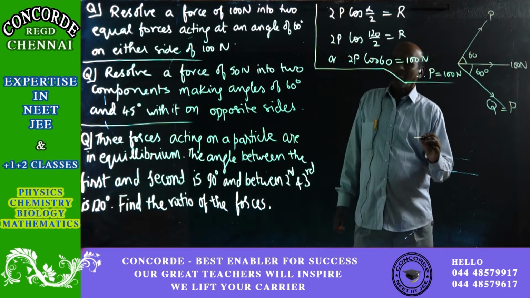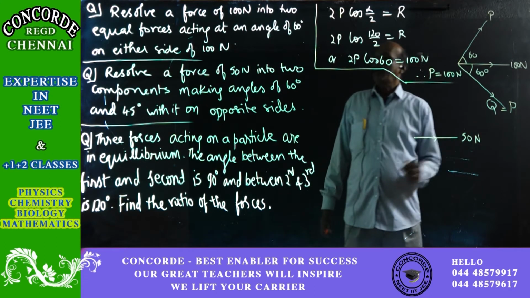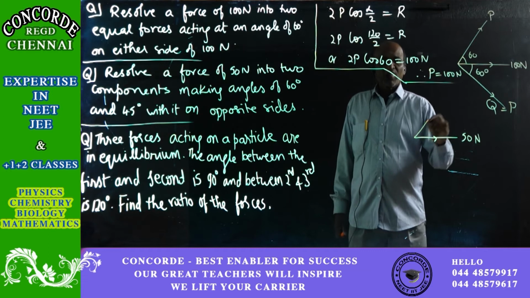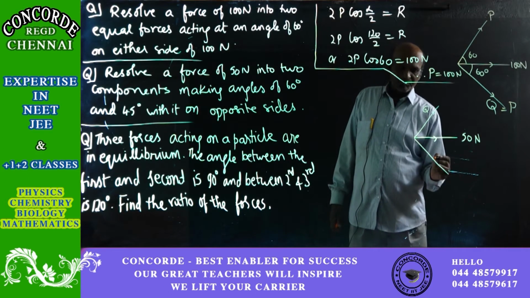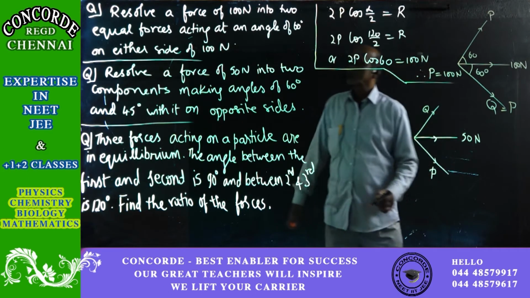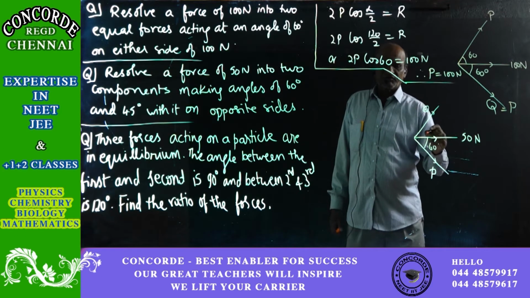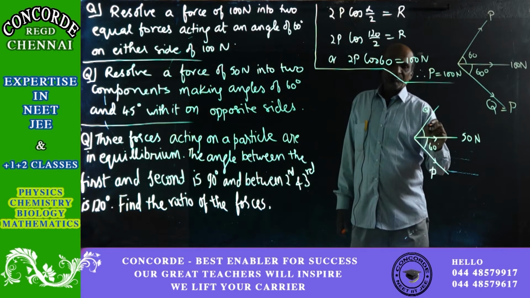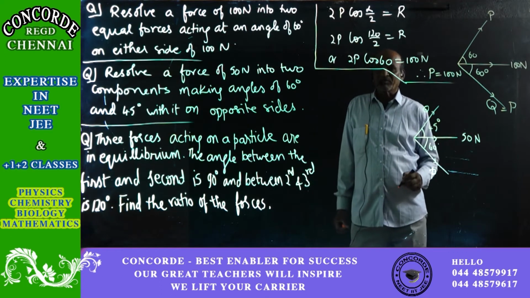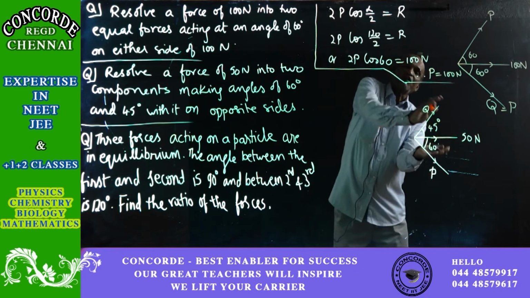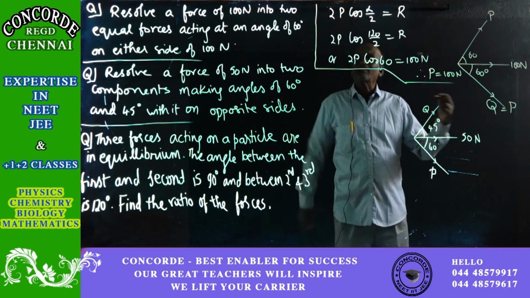We have got a force, and that force is equal to 50 newtons. We have to divide it into two. One force, let us say, is equal to Q, and the other force is equal to P. One force is making an angle of 60 degrees from the single force, while the other one is making an angle of 45 degrees. There is nothing much to be said here, because this also has been seen under resolution of forces. Then the values of the two forces are found directly.